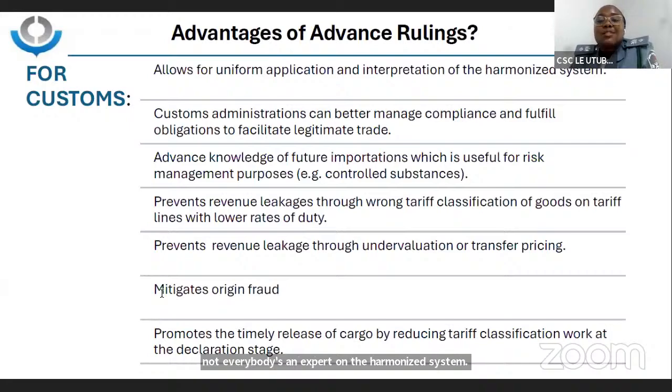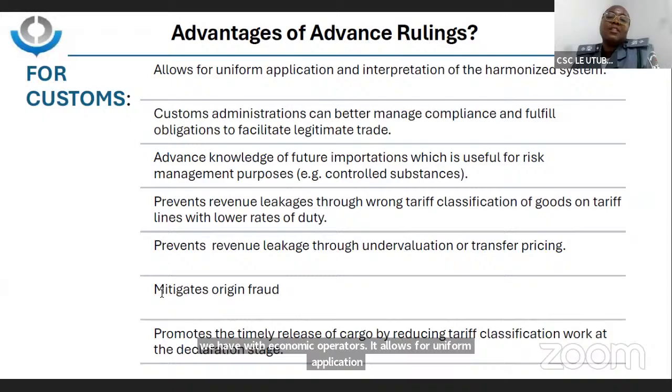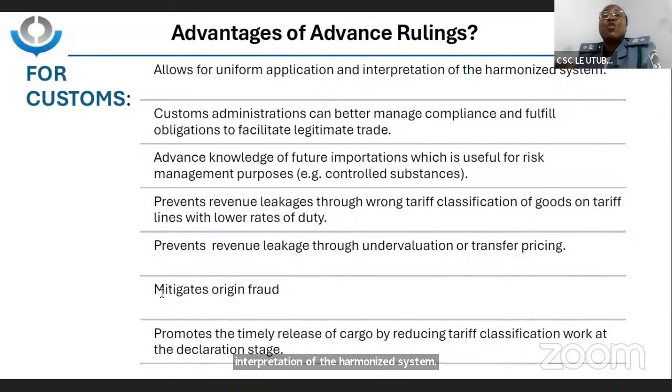Even as customs officers, up until tomorrow, forever, we are still trying to understand the harmonized system nomenclature and the principles that guide interpretation of goods or description of goods in the harmonized system nomenclature. So one of the advantages of advanced ruling for us in customs is that because of the pre-declaration engagements that we have with economic operators, it allows for uniform application and interpretation of the harmonized system. It also allows us to better manage compliance,